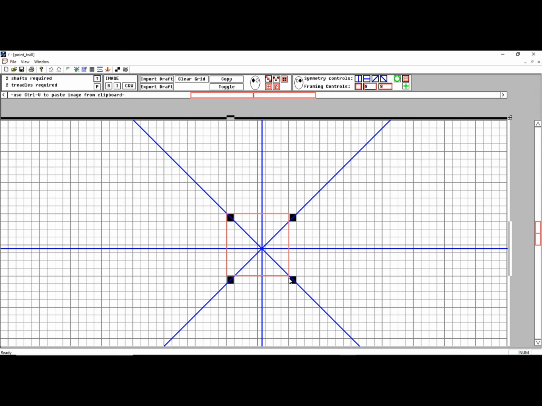The ones on the outside would be the beginning of the next repeat, so that'll let me see that every time I set a thread in. So I can now play with things and it will automatically set in that symmetry. And let me stay there for a second. I can see there's some pretty long floats in the middle of that, but if I hit the export draft,